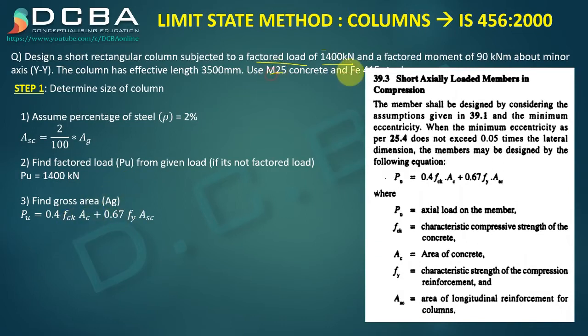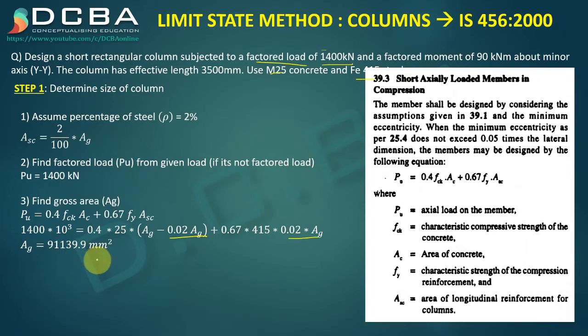FCK is 25 and FY is 415. So I equate PU to this equation and put AC as AG minus ASC, plus 0.67 FY ASC. So I get AG as